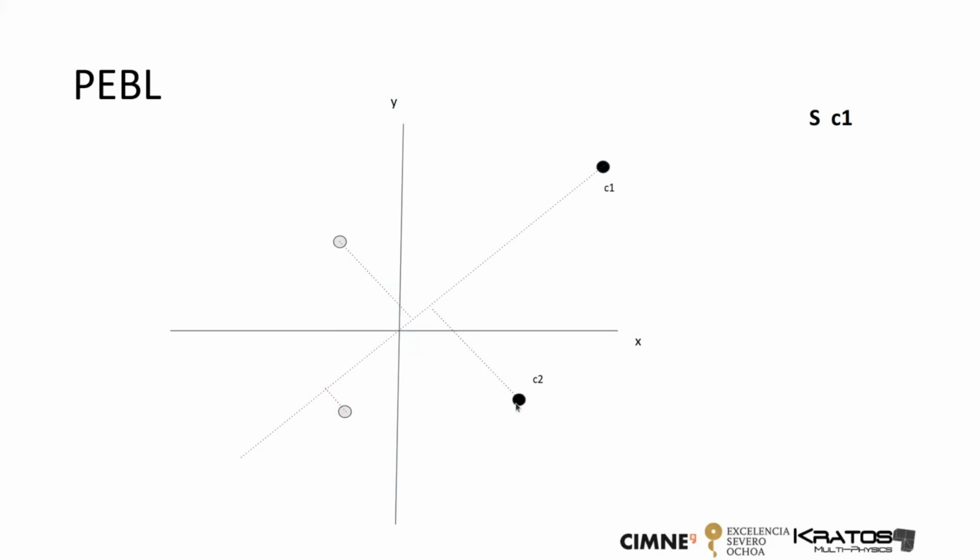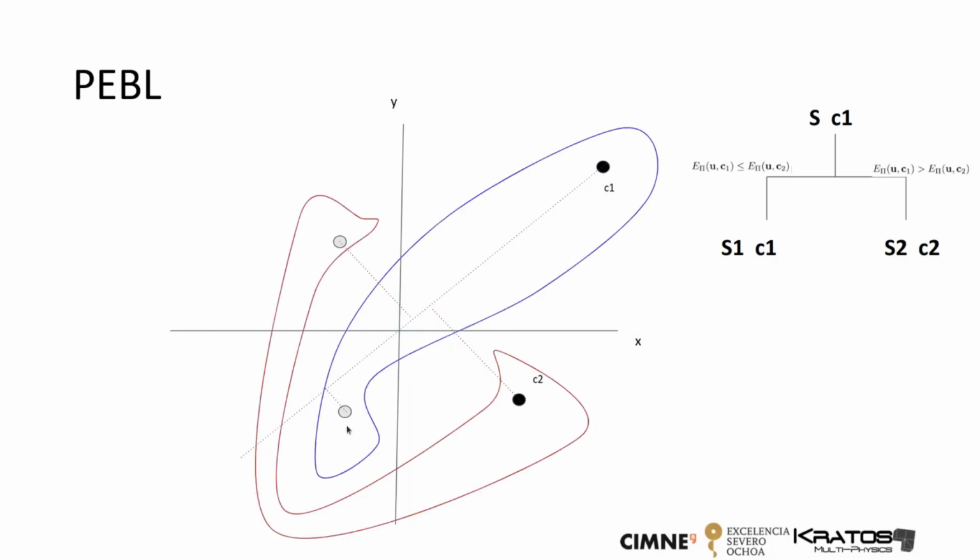Okay, let's say for the sake of the argument that this is too large and I need to split somehow. And the way I split is like this. I will use the projection error again. So those snapshots that have a smaller projection error in this direction will be clustered together. And those who have a smaller projection error onto this direction will be clustered together. And I will repeat until I cannot split anymore, because everything is within the tolerance of bisection. For this particular set, let's say these 2 will be together, and these other 2 will be together.